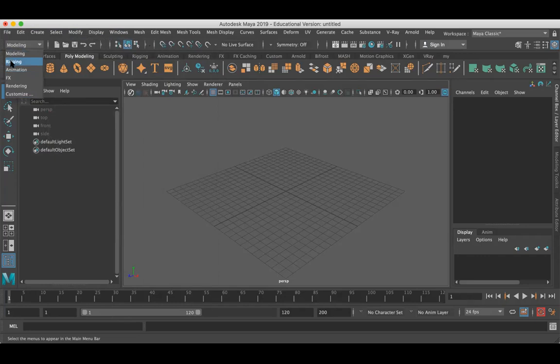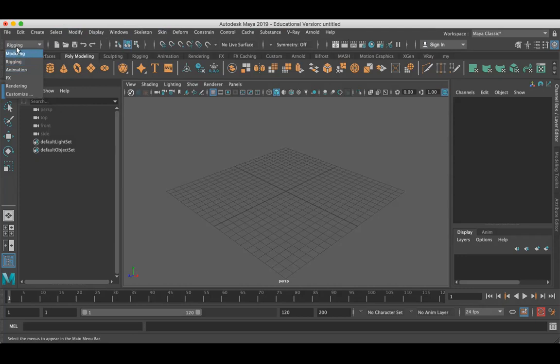So if I go to the modeling part, at the top of the menus you will find all the menus which are related to the modeling part. And if you switch to rigging, you will find the tools, actions or menus which are very common for the rigging part.